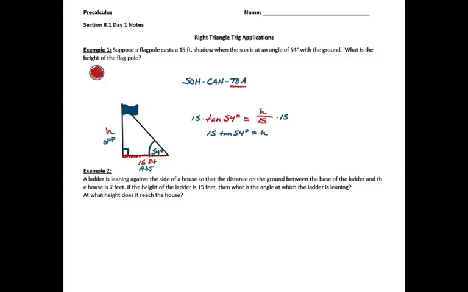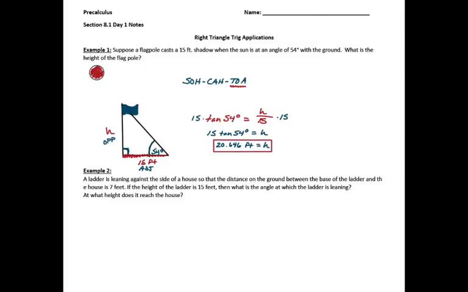Now, for these types of problems, that is an exact answer, but that really doesn't help us understand how tall the flagpole is. So we're going to use a calculator to find this value. One thing you want to be sure of is that when I type this in my calculator, my calculator is in degree mode, because I'm taking the tangent of 54 degrees. You would do that in the mode button, so you hit mode and make sure that your calculator is in degrees. But then I would literally type 15 tangent of 54, enter,